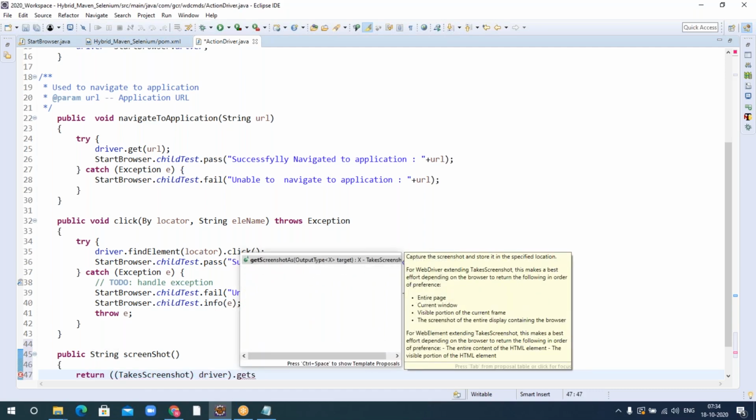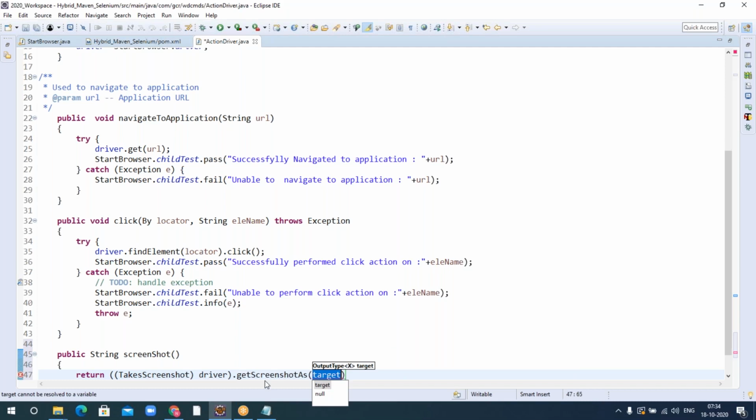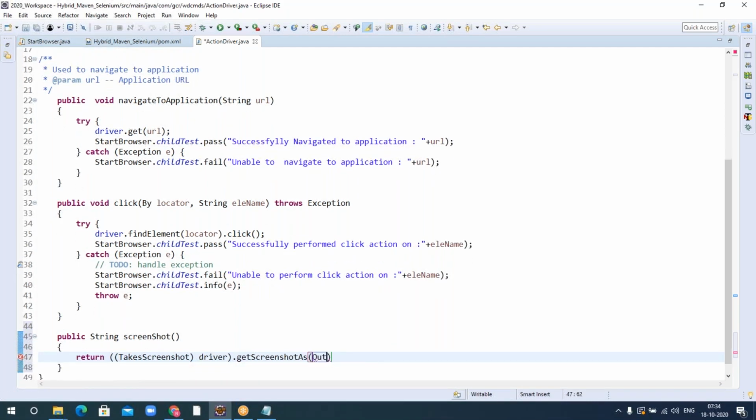Get screenshot as, but the only thing is I'm going to use a different output type: output type dot base64. It will capture a screenshot in base64 format, and then